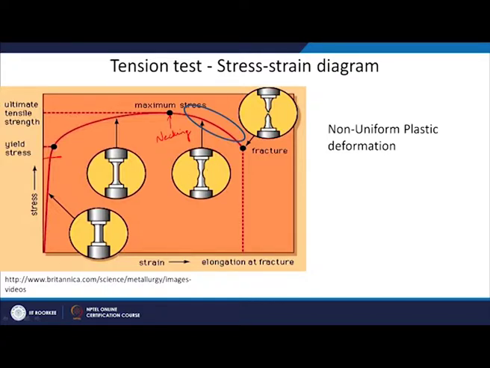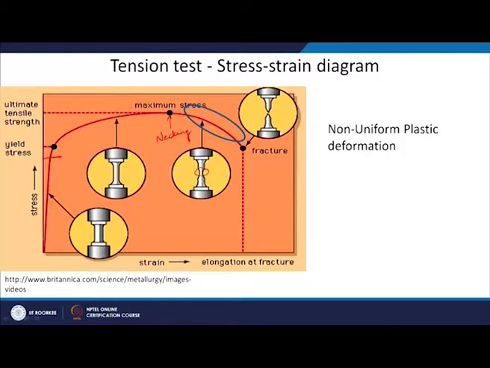That means the deformation will be concentrated only in this region where the cross sectional area is reduced, and since the cross sectional area is reduced, the response of the material will be reduced, because I have less amount of material to give resistance to deformation. So my cross sectional area is reduced, the response the material is going to give is also going to be reduced, and that is why you will see that the stress is coming down.